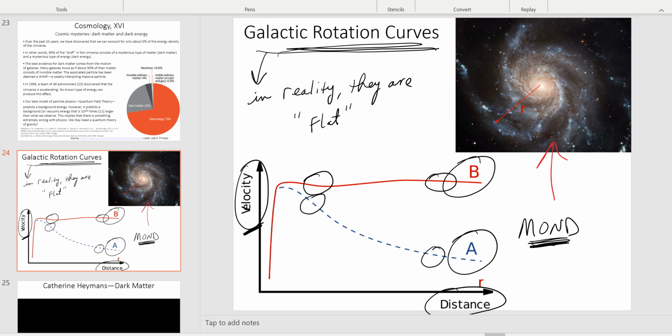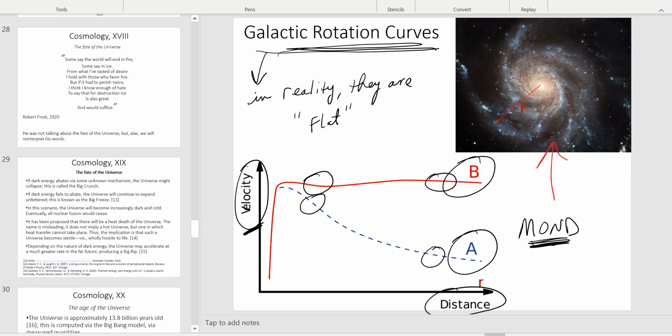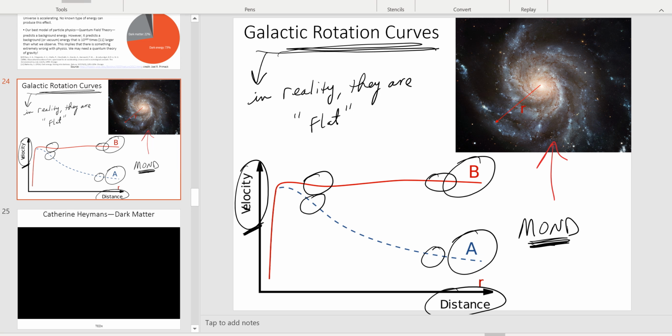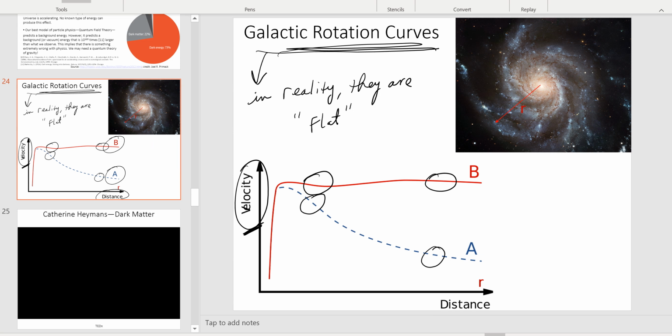In addition, there's direct evidence for the existence of a particle that has mass that's invisible. And that is, I don't believe I have a slide for it, but that is what we call the bullet cluster. I'm sorry that I don't have a slide for this, but I'm going to explain to you what the bullet cluster is in words, and I'll try to draw it as well.